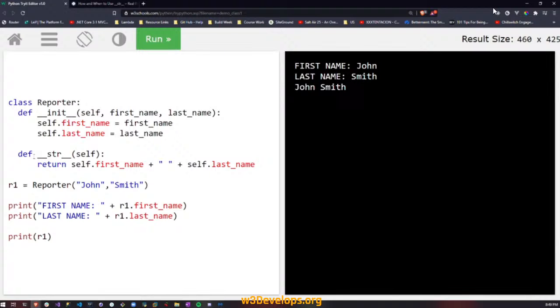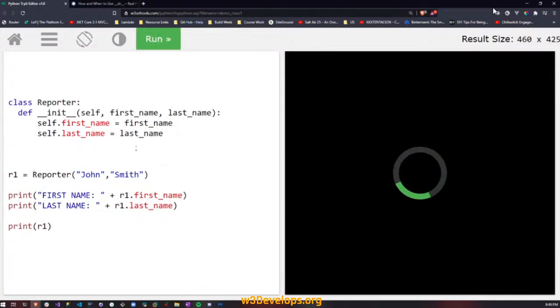We got it working. So we got the str thing working. I have no idea why it was messed up. It was just spacing between our tabs and spaces for our indentation here, but it's working now. So just to demo that, we get John Smith here, right? Because we print r1. If we take this out though, now that we got it working, and we run this,